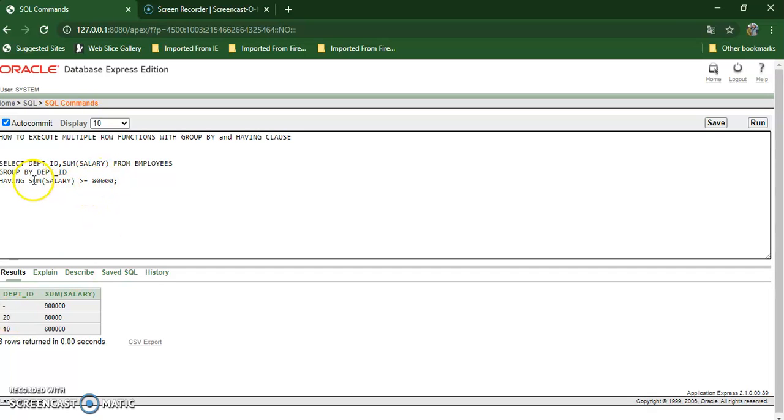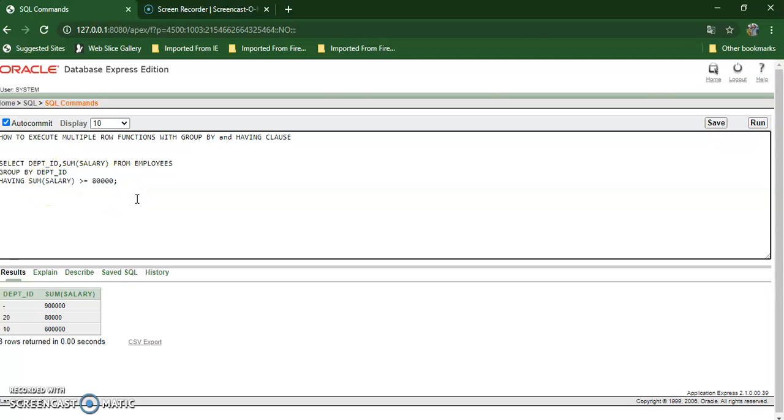The sum of salary is greater than or equal to 80,000, and for department 10, the condition matches. So that's why we are getting the result like this. But here you can see department 30 is not there because the sum of salary value for this particular department 30 is not satisfying this condition.